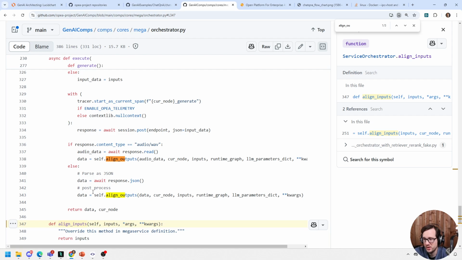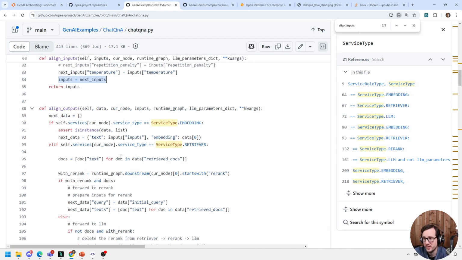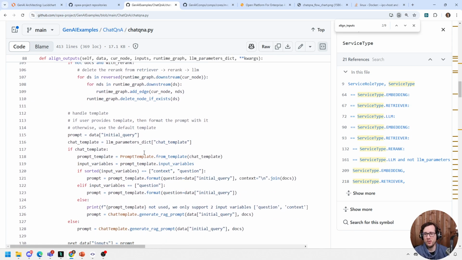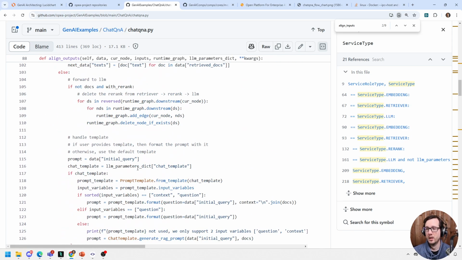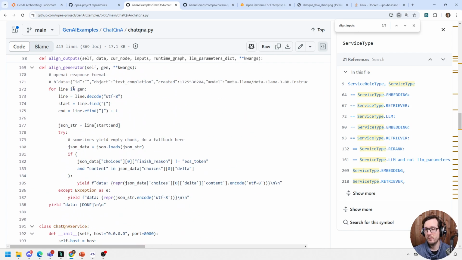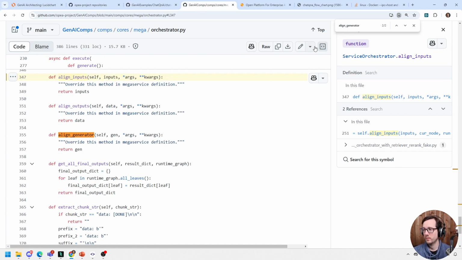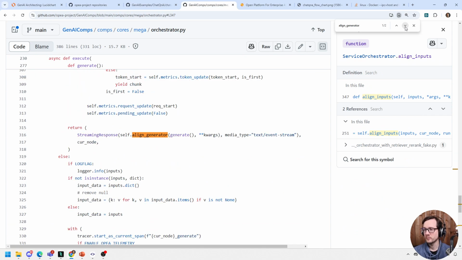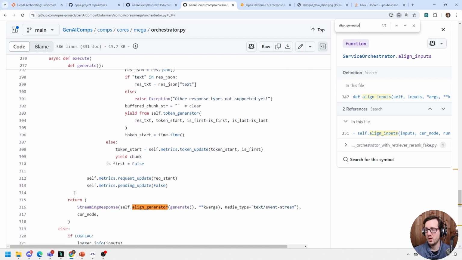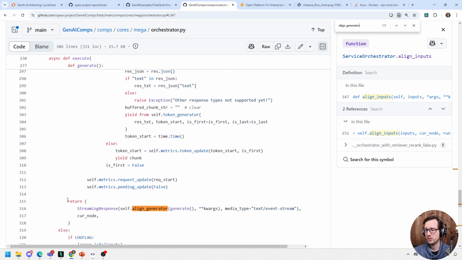So if it has JSON, it's an opportunity to do something. If you don't do anything, it'll just pass it along. But here we can see, yeah, if it's embedding a retriever. So this is just like 2 points where we can modify our code. Okay, that makes sense. Then we have align generator. So I'm going to assume that happens at some step in the generator. So we have streaming response, align generator. Is this anywhere else? It's only here in the streaming response object, which is not necessarily an issue.